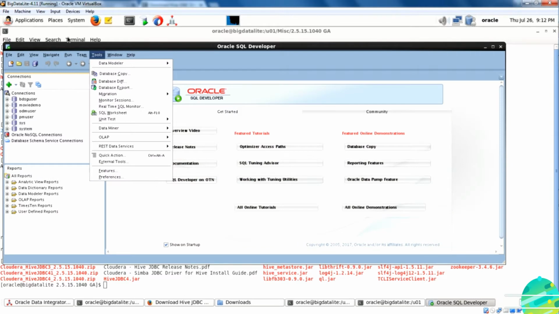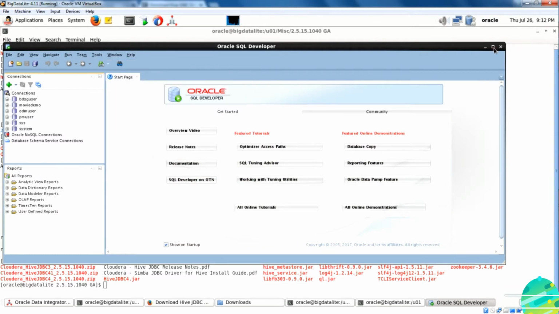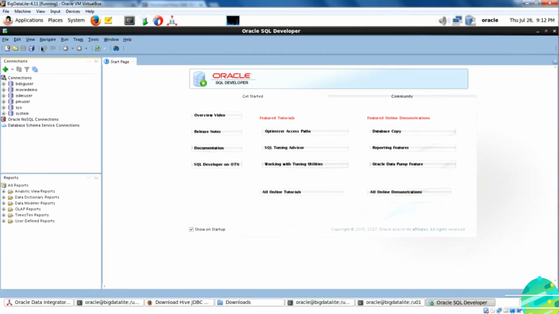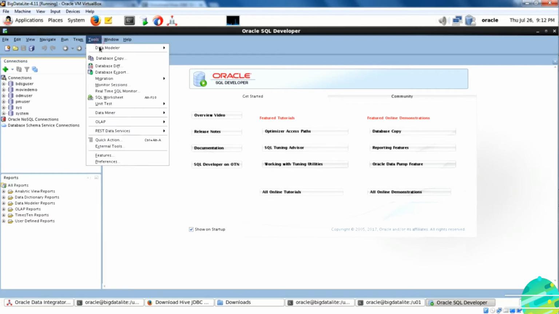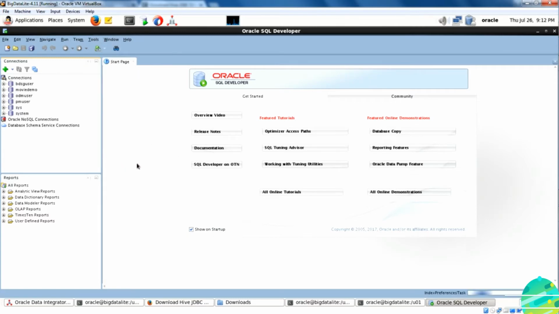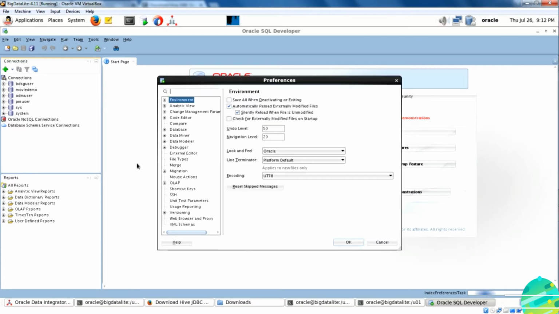Very good. Go to Tools and Preferences. In the Preferences, go to Database, and in Database go to Third Party JDBC driver.